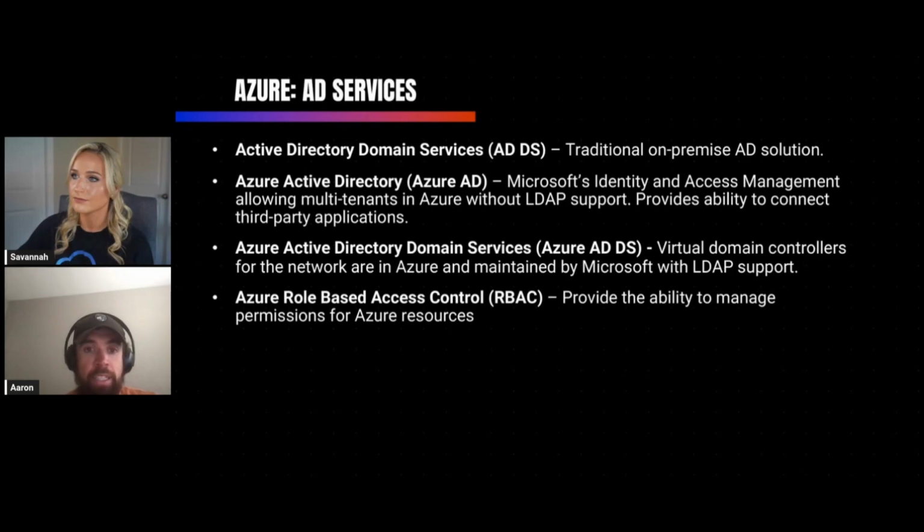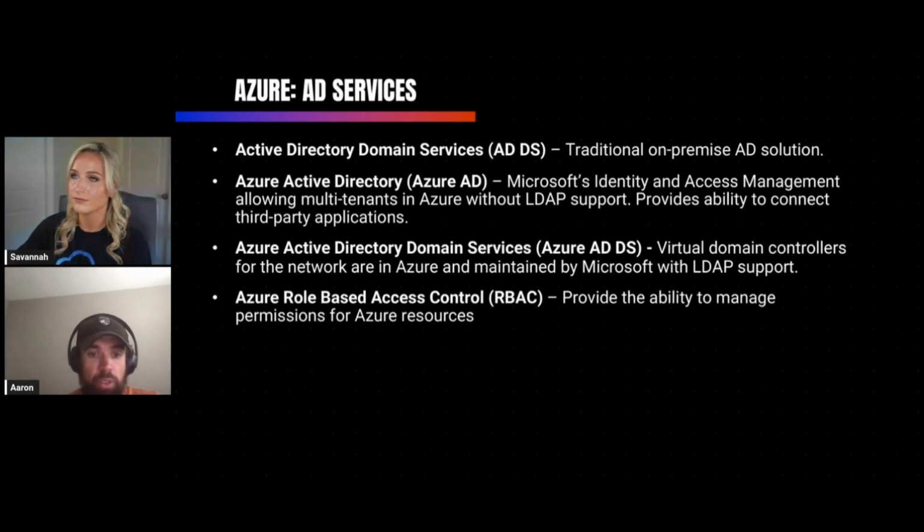The second one is Azure Active Directory. This is a cloud-based directory service. Instead of the traditional LDAP used by on-prem domain controllers, all access to resources is done through HTTP requests. For authentication and authorization, you have a few different options: SAML, WS-Federation, OpenID, and your standard OAuth 2.0 are all examples that can be used for user authorization.